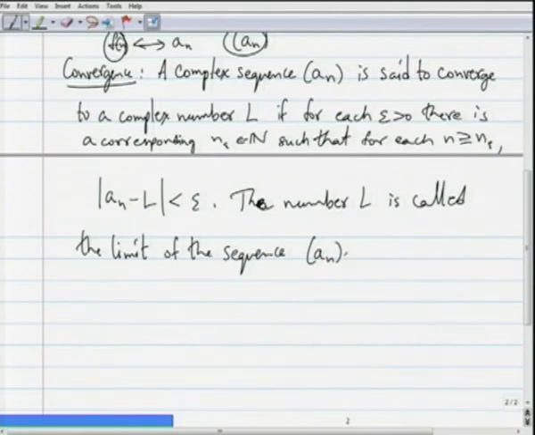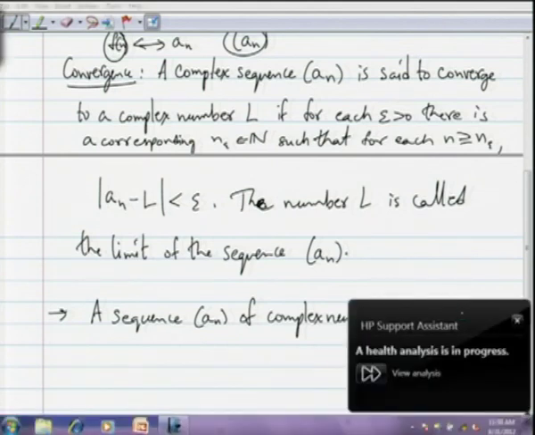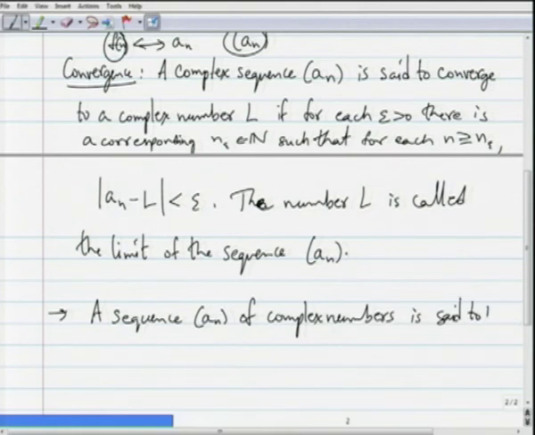Okay. Next, we would like to talk about Cauchy sequences. Like in the case of real sequences, we can call a complex sequence Cauchy if a similar condition holds. So, here is the definition. A sequence a n of complex numbers is said to be Cauchy